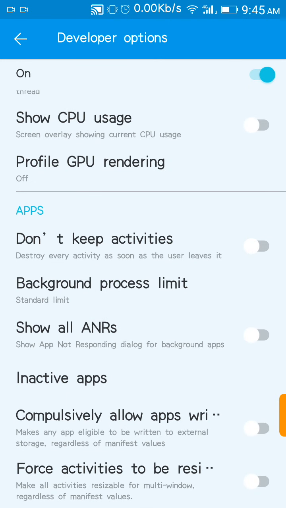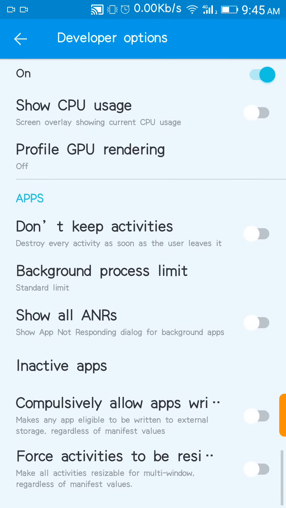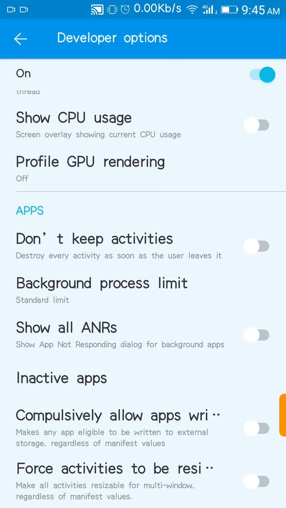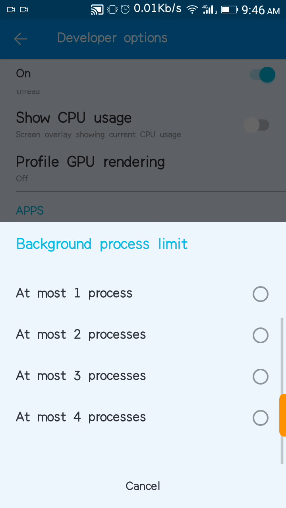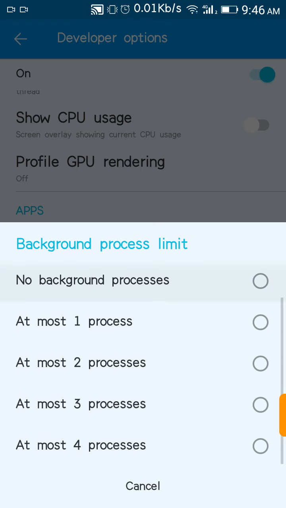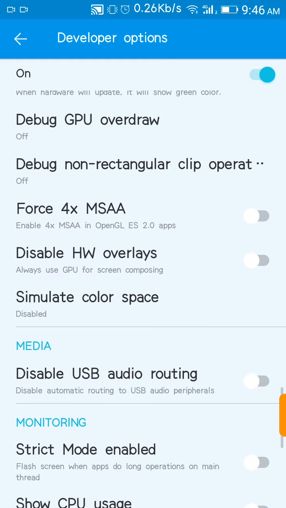Then go down and you can see the options that it provides. So don't keep activities, you have to make it on, and you can limit the background processes also, due to which if you are using any apps, then this will disallow or disable the background apps. So make it as per your wish, no background, and also